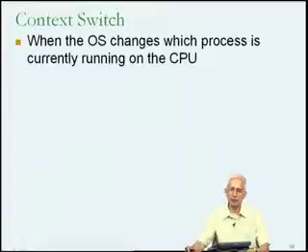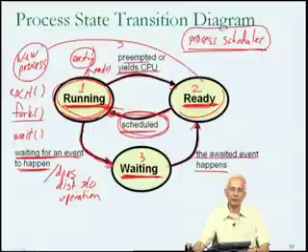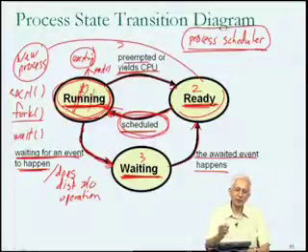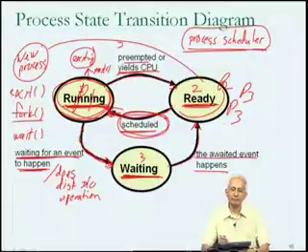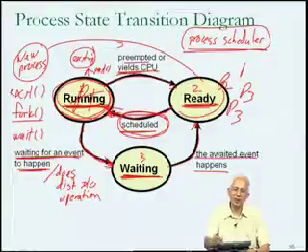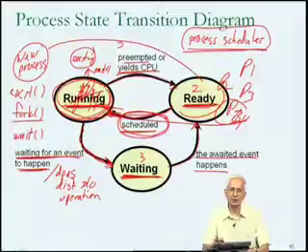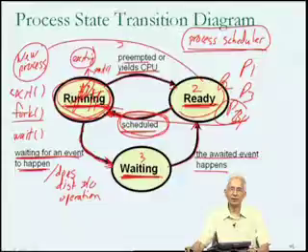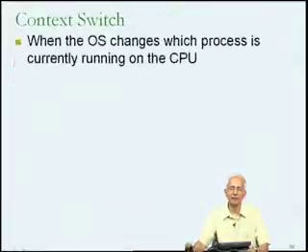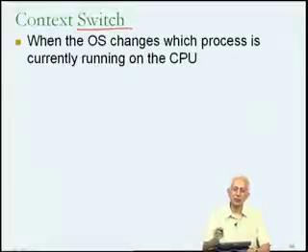Right. So, I will go back to the previous slide. If process P1 was currently running and many processes were currently ready, then when the operating system evicts process P1, P1 may end up as a ready process and process P4 may end up as the new running process. So, there is a switch from process P1 to P4 as far as the running on the CPU is concerned. That is why this is called a switch. So, when the operating system changes or switches which process is currently running on the CPU, this event is known